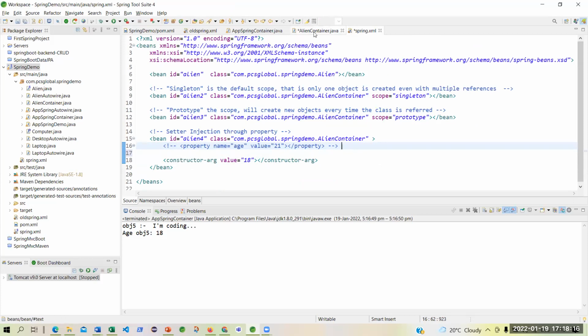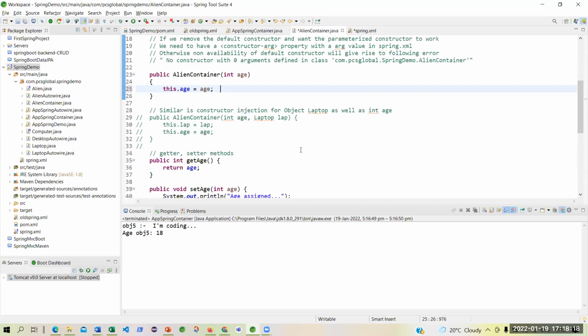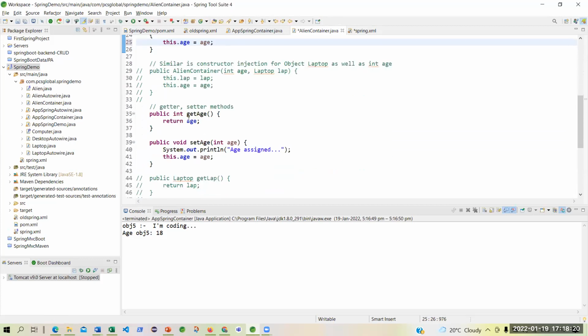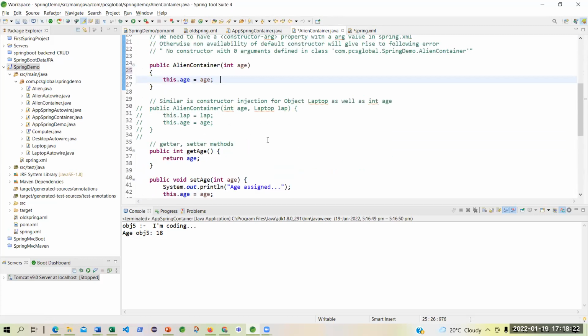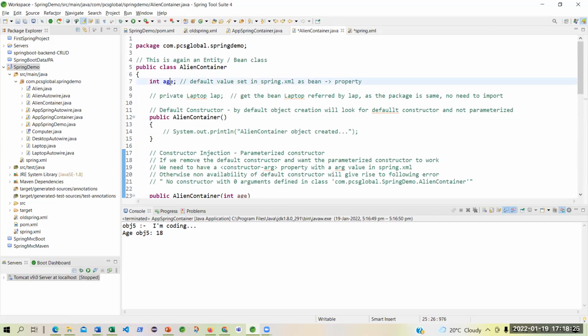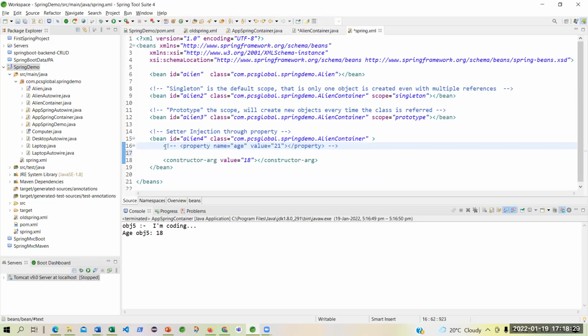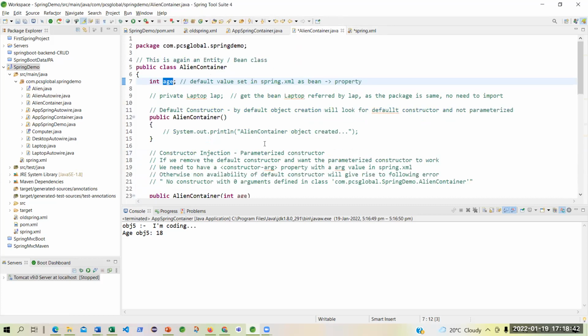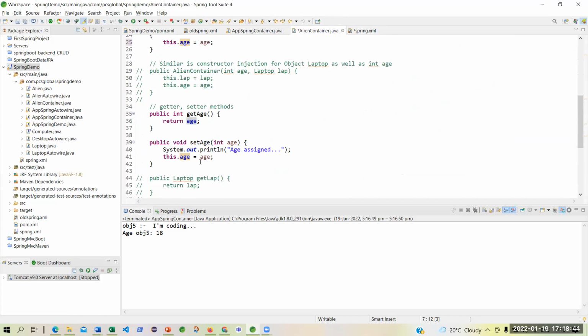So do you think that this is needed? What is the property? Property is age. You are setting the age through a property. But right now I am not doing that. I have made it off. I'm doing the same thing, but now through the constructor.